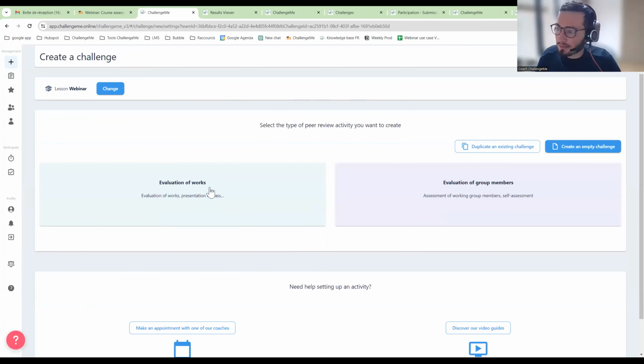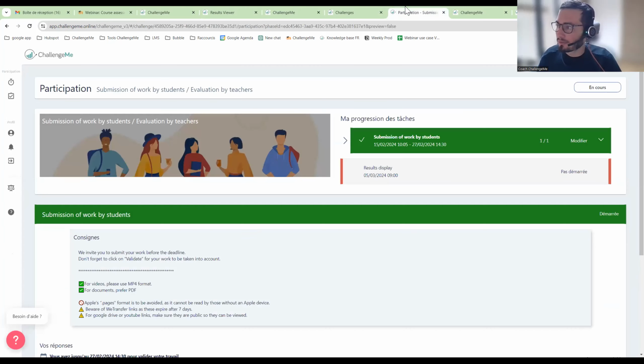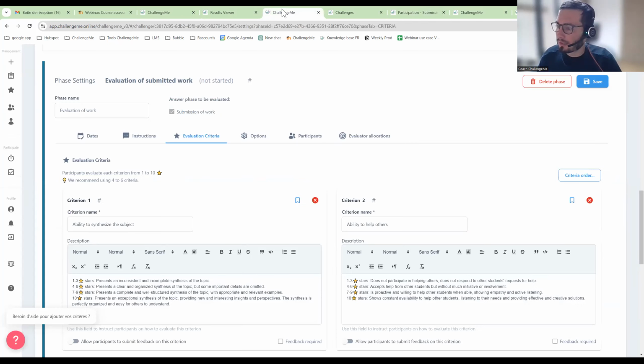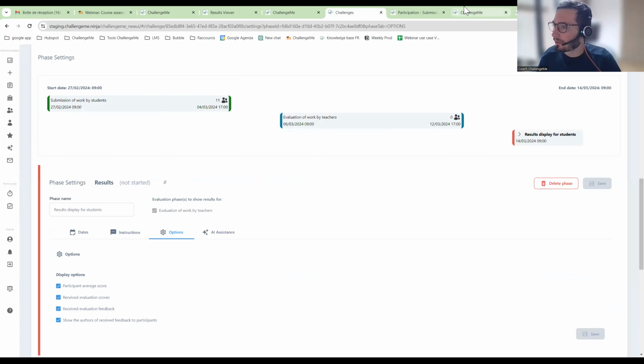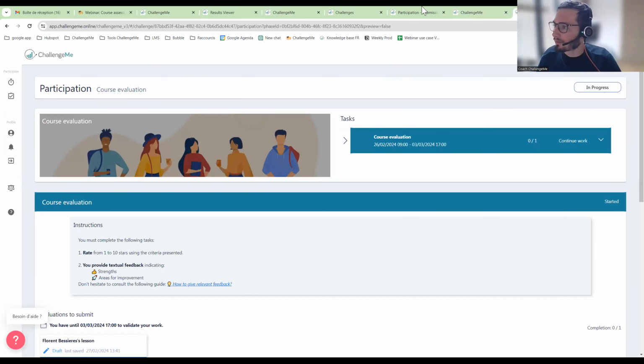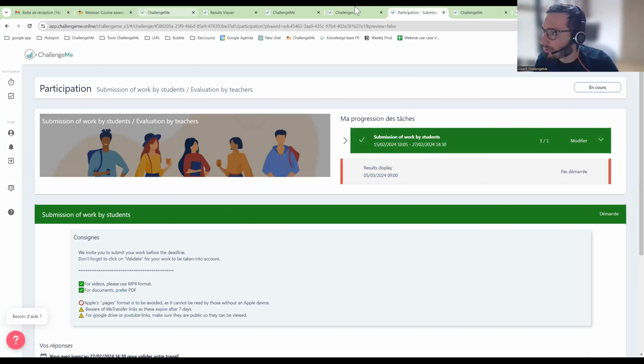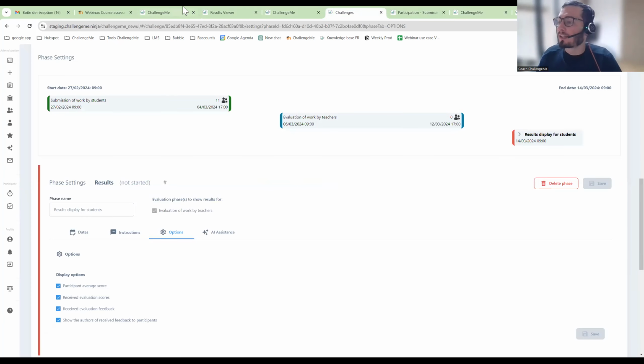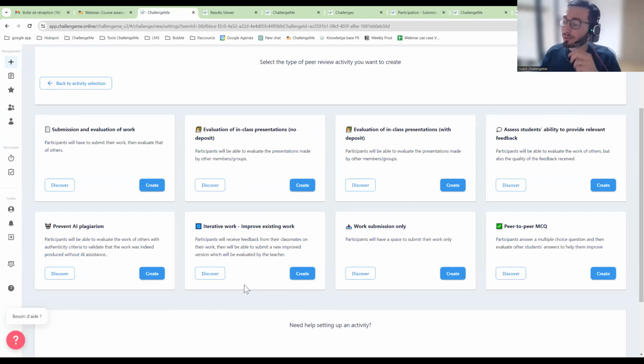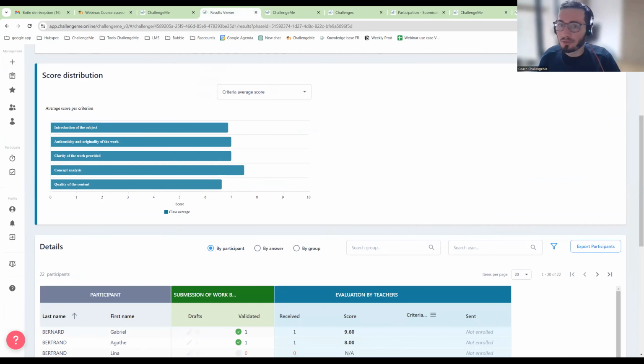Once I land here, I can still click on Assessment of Rocks, and then I will have, so this is the same as the previous one, sorry. I don't have the good tab open. Yes, as the previous one, in production for now we don't have the template ready, but I will show you in a dev environment what the template will look like. So I just have to log into this environment. Sorry, it will just take some seconds.